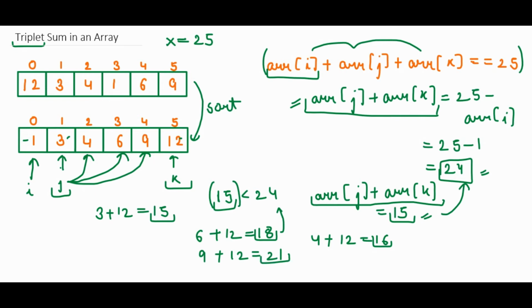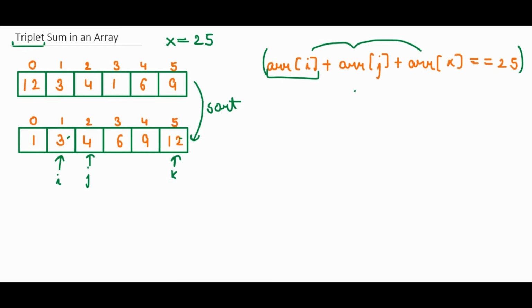So now when we increase our j, it will be equal to k, right? But we cannot do this because we want two different elements. We want the sum of doublets. So these are two different elements that we need. If j equals k, we have to stop there, right? And we haven't got our answer because no two elements in this part sum to 24. So we will go to the next traversal. Let's see how we will do that.